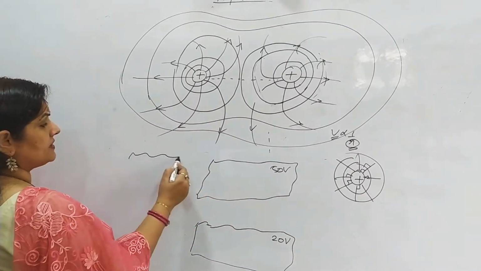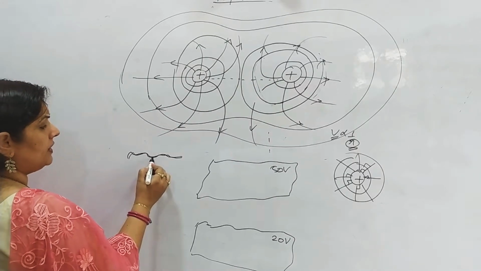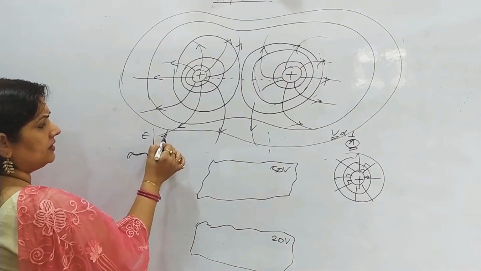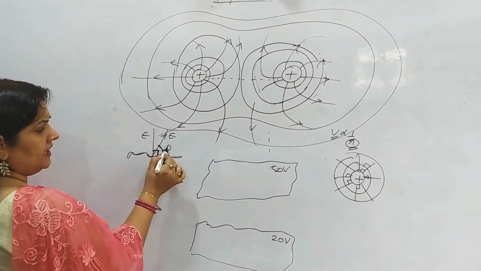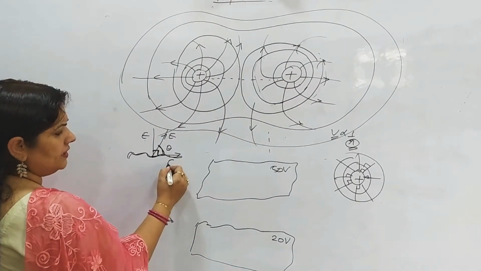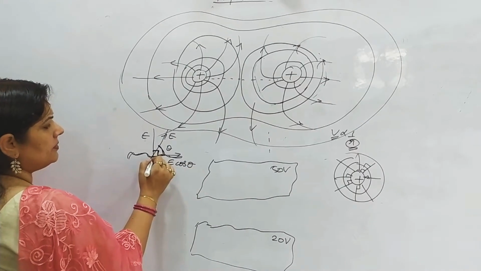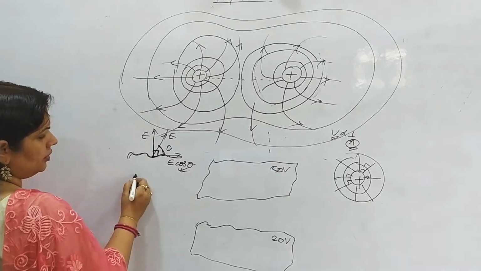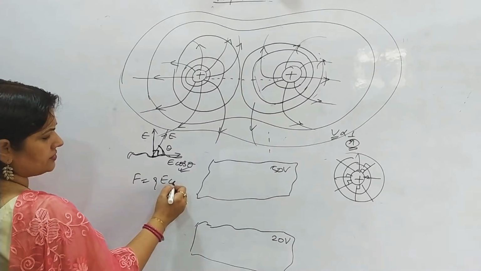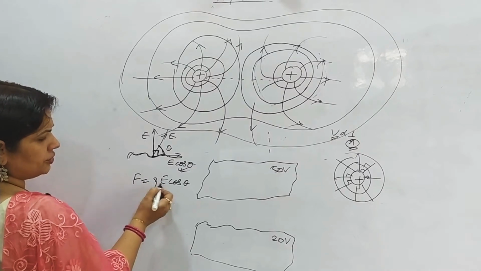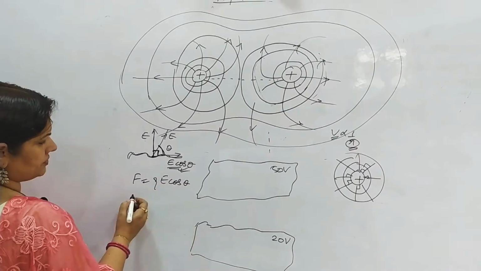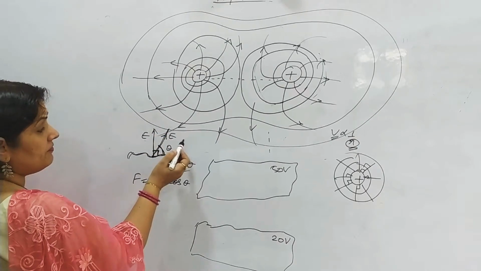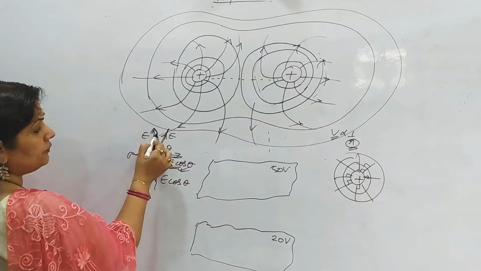ये कोई भी surface है, इस surface से जो electric field line निकलेगी, that has to be 90, that cannot be at theta. ये theta नहीं हो सकता. If it is theta, this will be E cos theta, this will be E sin theta, because it is this side, so we will take this component. Force will be Q E cos theta. Force is Q into E. कौन सा component लिया है हमने? E cos theta.